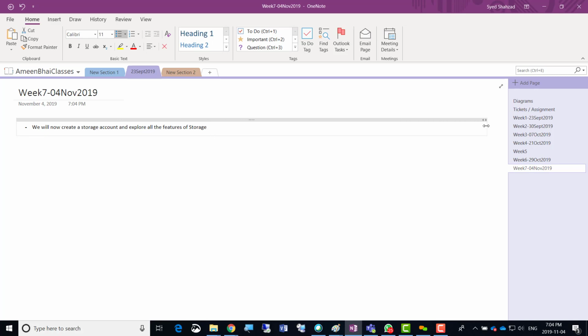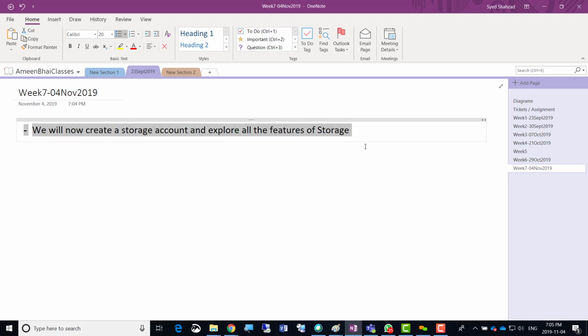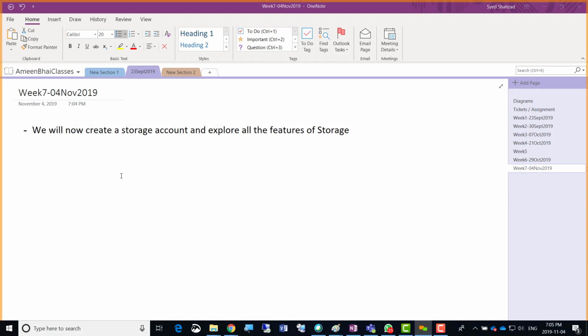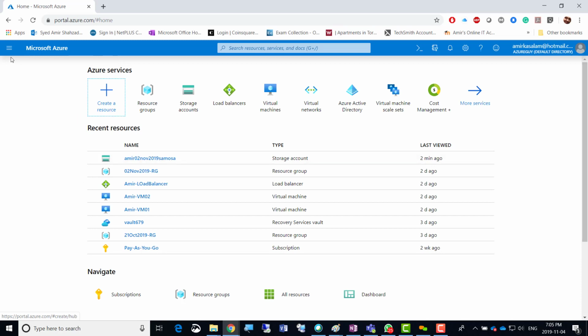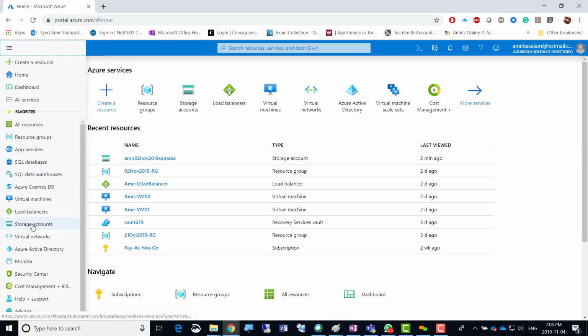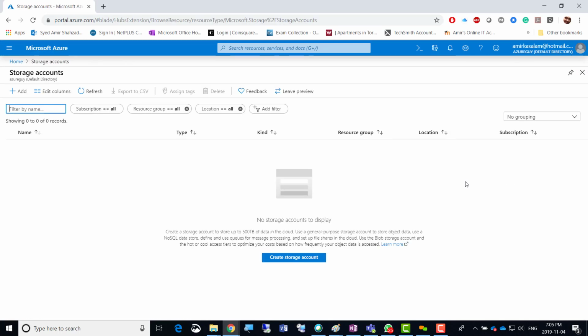So last time we talked about the storage account in the last class. This time I'm just gonna create a storage account straight away, because in the last class we did create the storage account already. So I'm gonna be fast now to create a storage account. I'll just click the home button, and then go to the storage account area here. Last time we were able to create a load balancer for the virtual machine and prove that it works. Now with storage accounts, I'm just gonna click the add button here, and